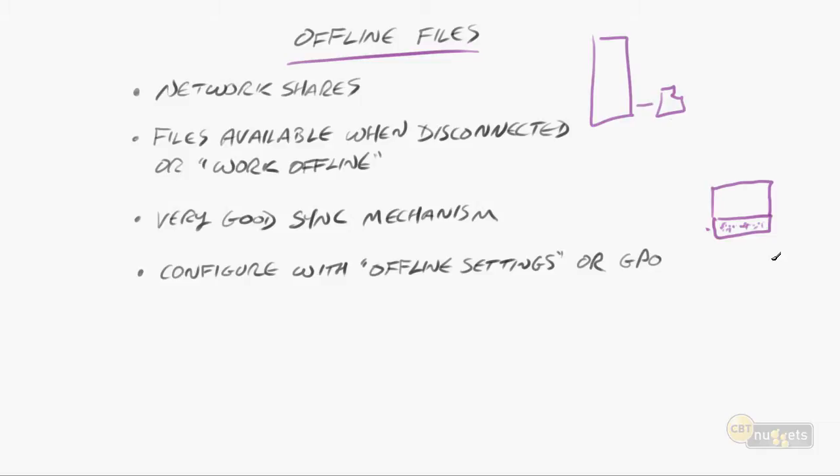Well, both of those situations are where offline files comes in handy, because anything that we have from our share up here, we can copy to a local cache on our hard drive, on our laptop, or it could be for desktop computers too, but mostly we use it for portable devices. And then if the network does go down, I've still got a local copy here. Now, sometimes there are still sync issues and some consistency problems